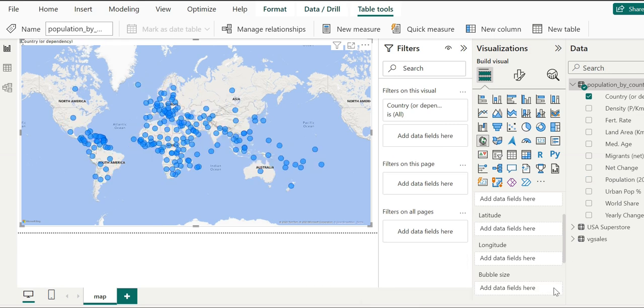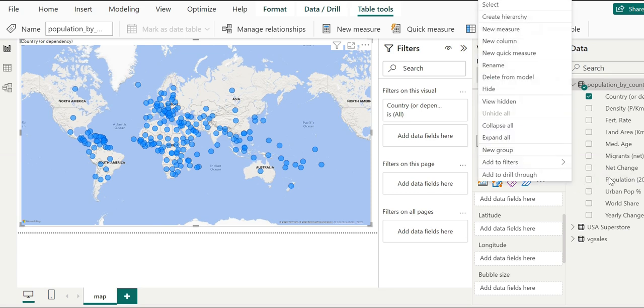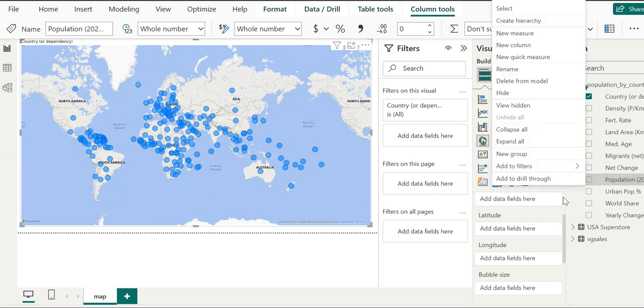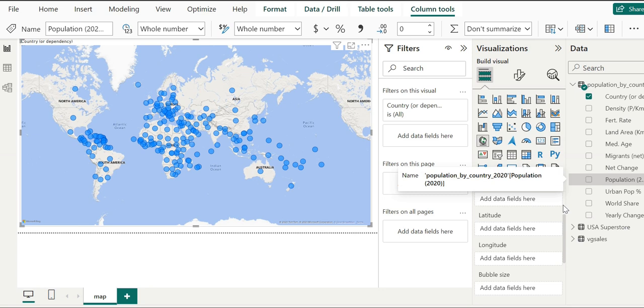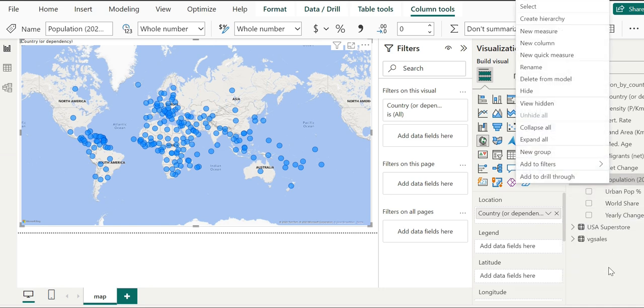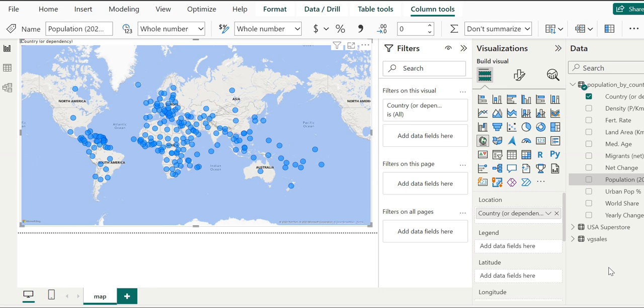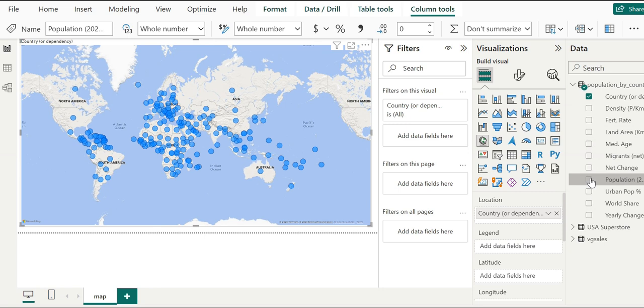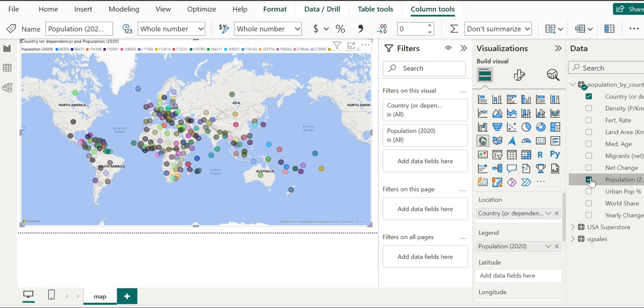So we will remove it from here and add the population field to the legend. We simply drag and drop this population field here.